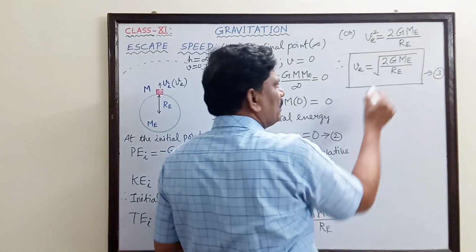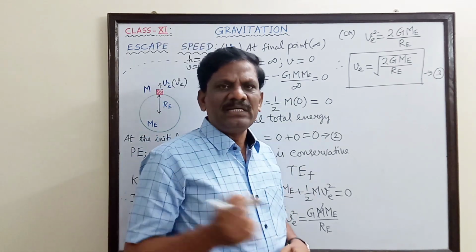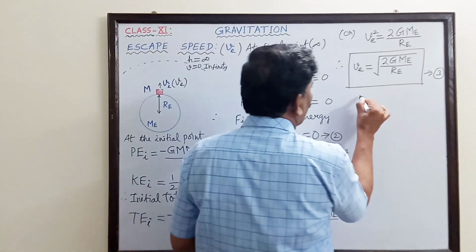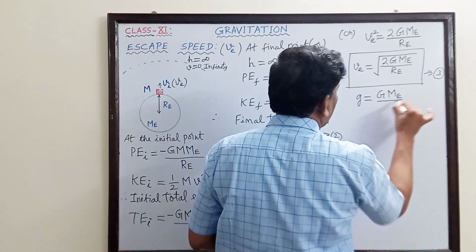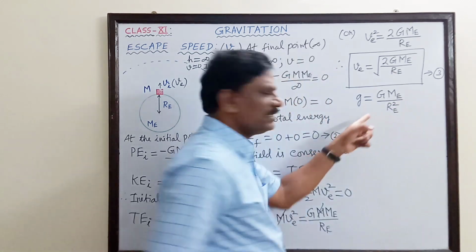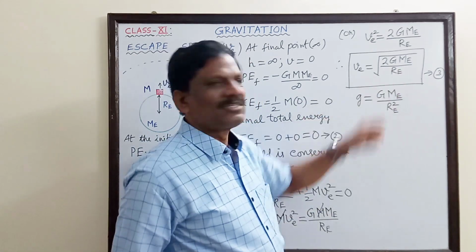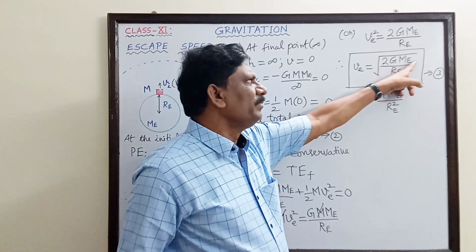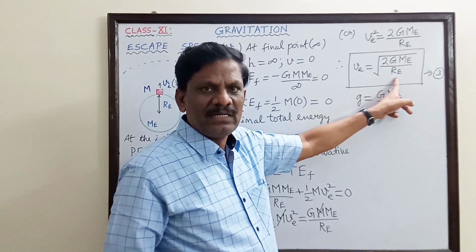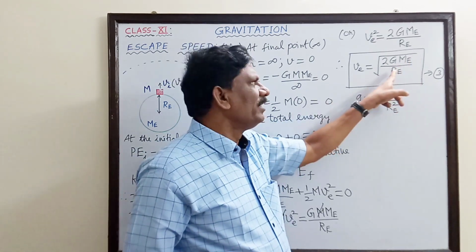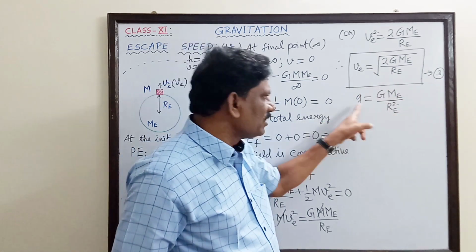Now you see here, students, we have already studied the relationship between small g and capital G. What is g equal to? Small g equals capital G into ME by RE square. This is the equation relating small g and capital G. Now inside the square root, the G term and ME term are there, and the denominator RE is there. I want to make it RE square, so I multiply by RE and divide by RE inside the square root. I am going to do some adjustment to substitute for small g.